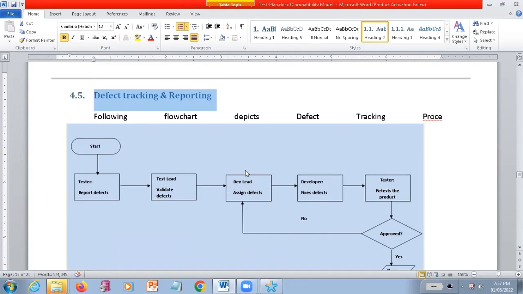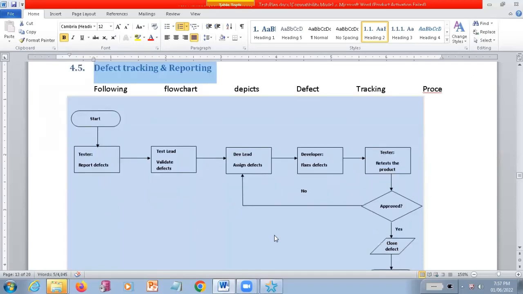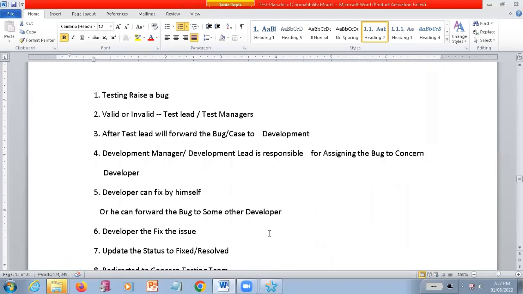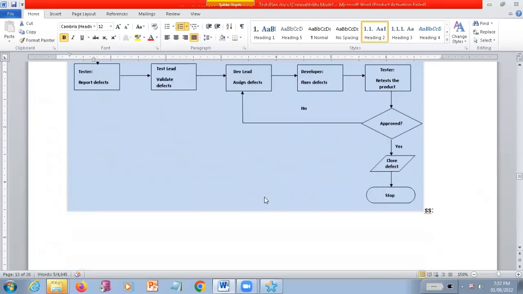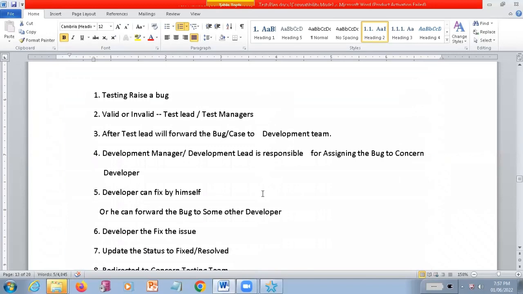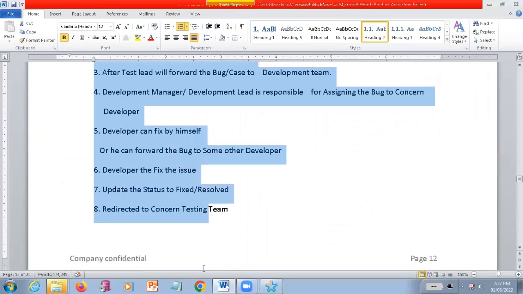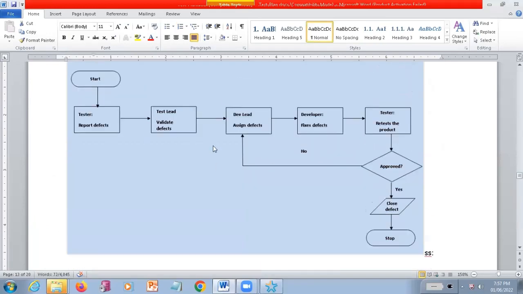They are saying that the development lead is going to assign the issues to the developers. In some cases, project managers will be assigning the things to the developers. So this process is going to vary from project to project. You are just going to follow this kind of process. What process you want to follow while raising the bugs is given in this document. You are just going to check this and follow the same process. That's it. So this is explaining the graphical stuff only.